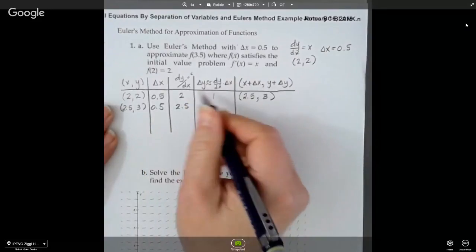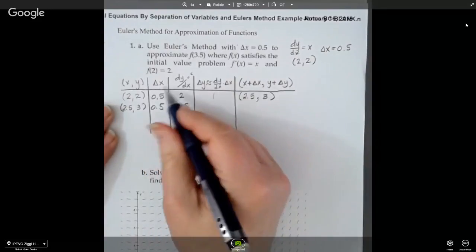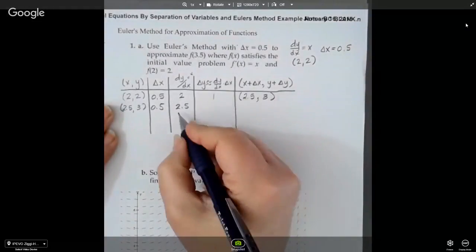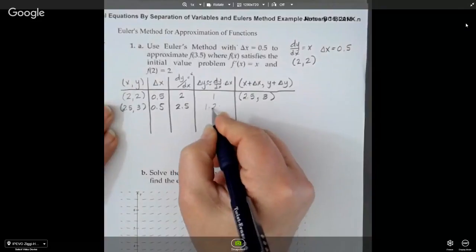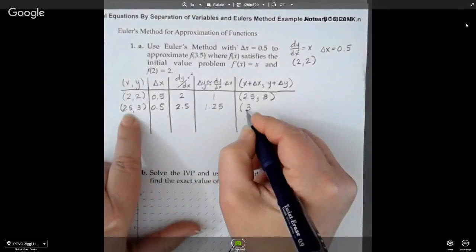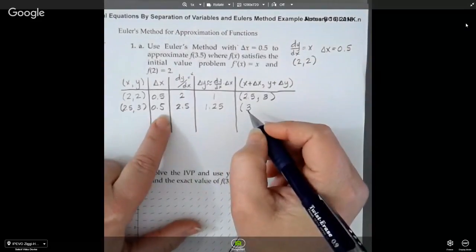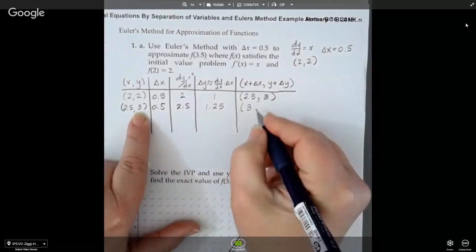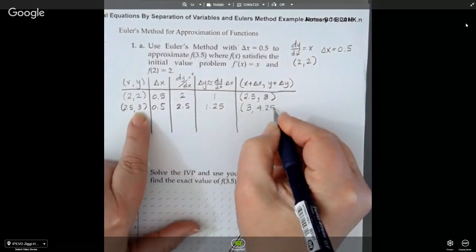And when I multiply these two together, x and dy/dx, to get the approximation for delta y, I'm going to get 1.25. And then I have a new point because I'm going to move over to 3 because x plus delta x is 3. And then 3 plus delta y is going to be 4.25, which gives me the new point,